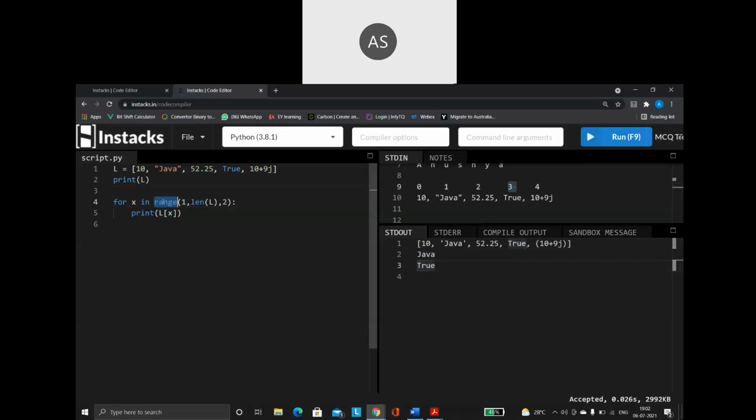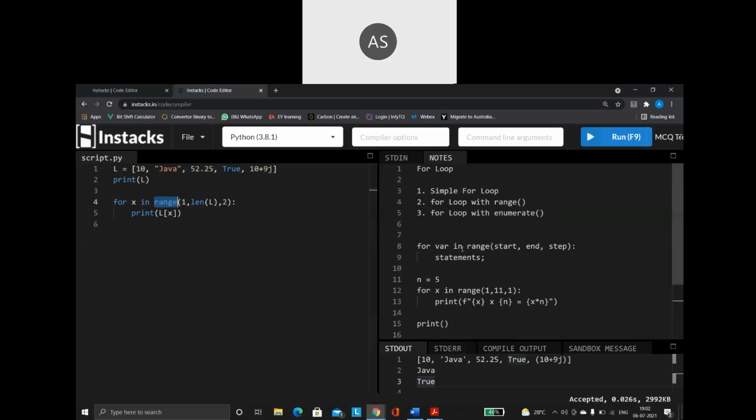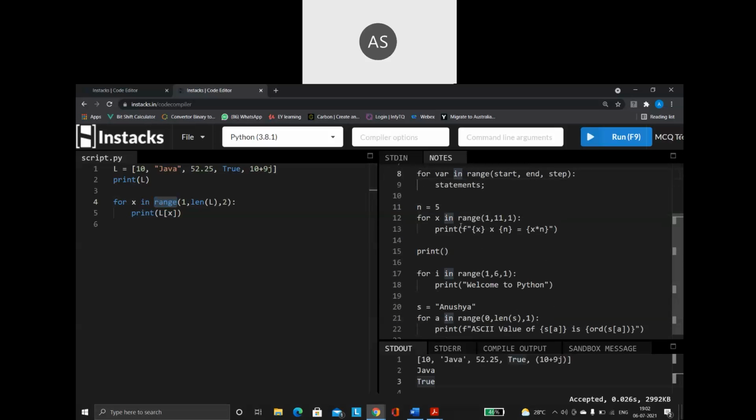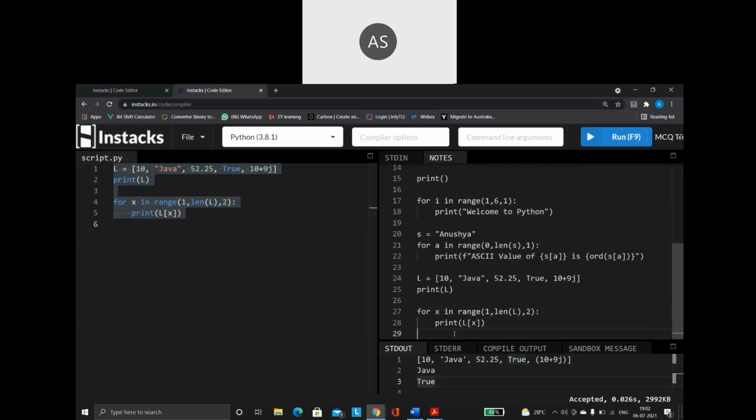So for printing my numbers, for string values, for using it on a string variable, then using it on a list variable, this is how I will be making use of the for loop with the range function.